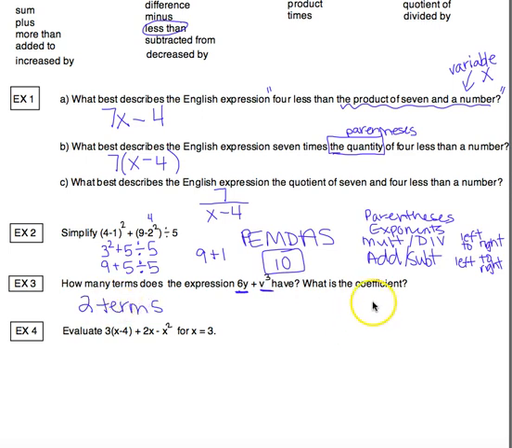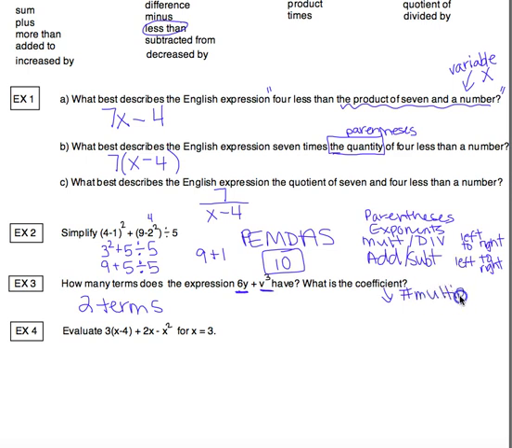Now, the second question I really actually very much dislike because it's really not correct. But my job is to make sure you're prepared to do well. And on the quiz, this is how they word it. So they'll give you this expression and say, what is the coefficient? And you have to pick one thing. So coefficient means a number